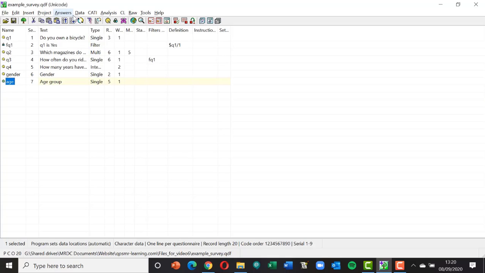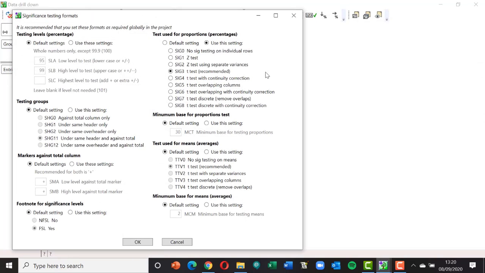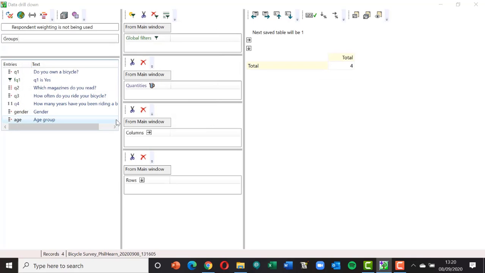Let's look at what else we can do under analysis. Well, we've got a facility called data drill down, so let's look at that. So let's go to data drill down. Let's go past the settings. Let's open this data file, and you can see it's got 4 people here shown in my table over here,